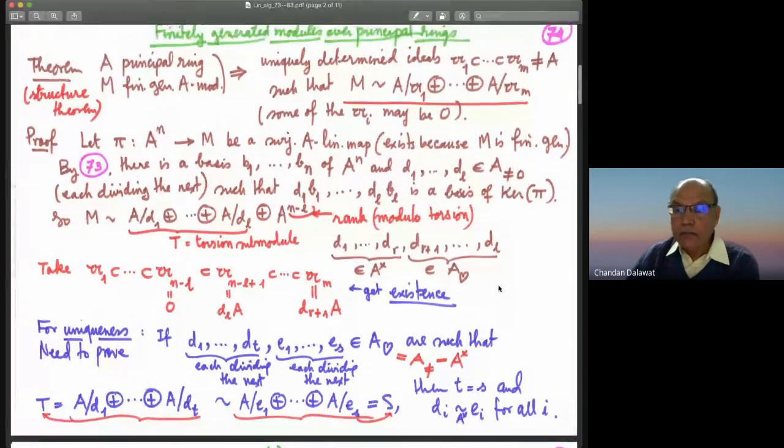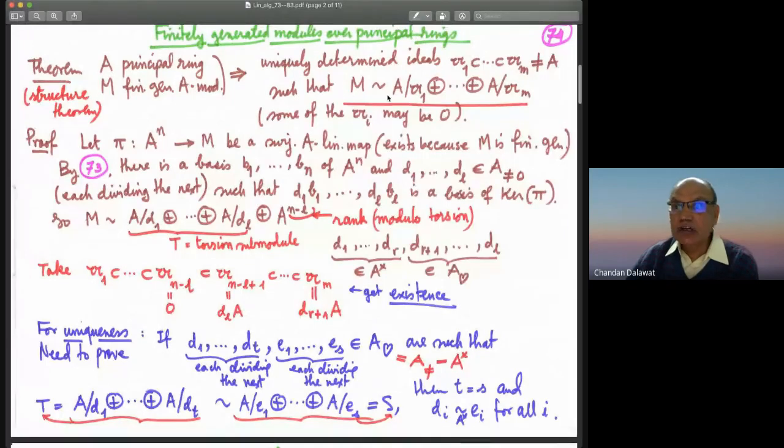So now we have established the existence of these ideals AI, or this increasing sequence of ideals. We have to now prove uniqueness. So what is clear is that if there were another sequence of ideals B1 up to Bn, increasing and Bn distinct from A, such that M is isomorphic to A modulo B1 all the way up to A modulo Bn,